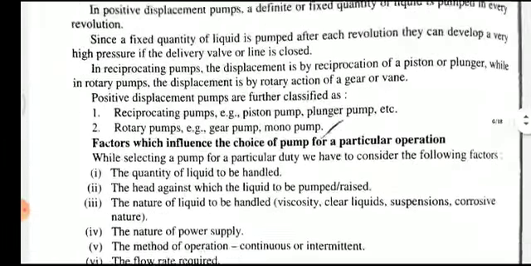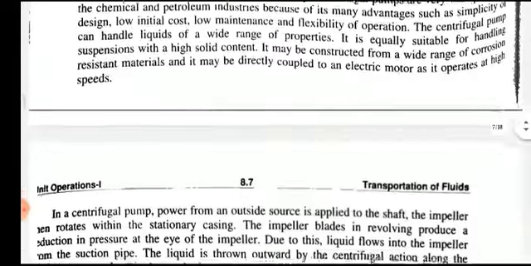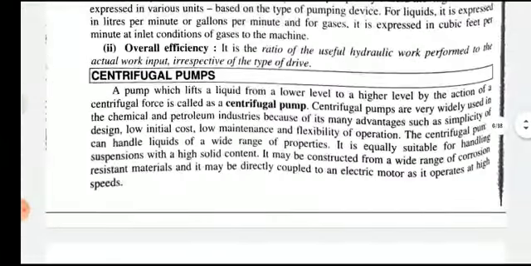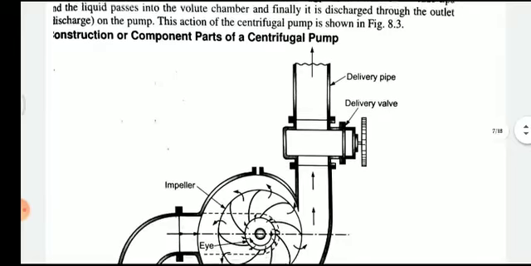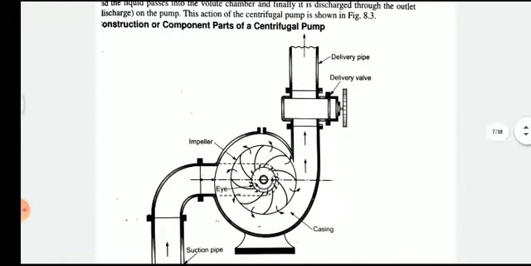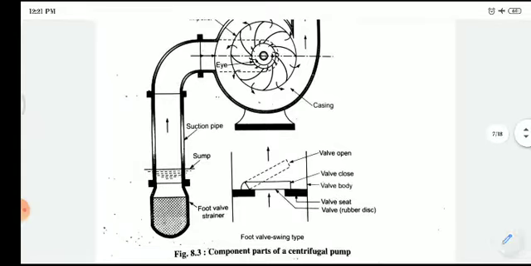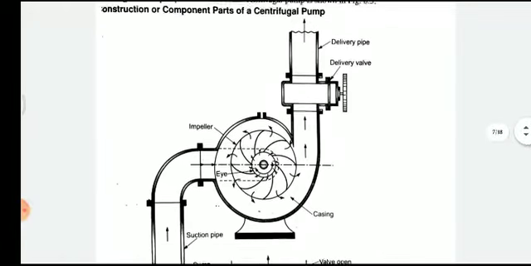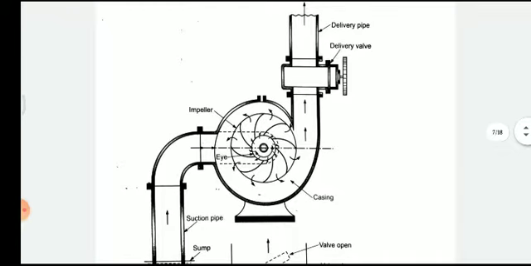The first type of pump is the centrifugal pump, so let's see the centrifugal pump's construction and working. First, the construction, or component parts, of the centrifugal pump. The component parts of the centrifugal pump: at the middle section there is a blower, or an impeller, in the pump, which is connected to the electric motor,